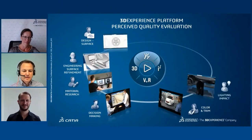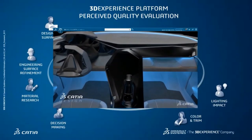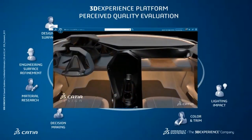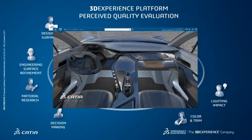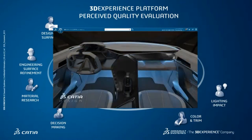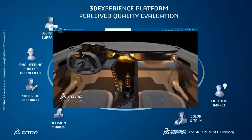Now, this can also be checked in terms of lighting. We said light is an important factor. What you see here is that with Visual Experience Designer, you can check the impact of the light from the product itself on the materials, as well as the impact of the environment light on the product. You see we switch to different environments, and it's impacting the perceived quality and also the appearance of the materials. And also HMIs, as seen in this example, might emit light, which leads us directly to the next step,